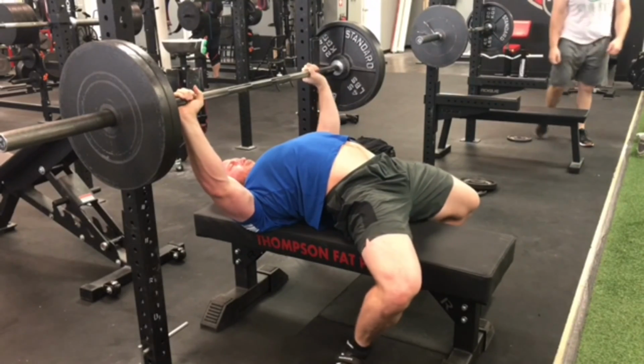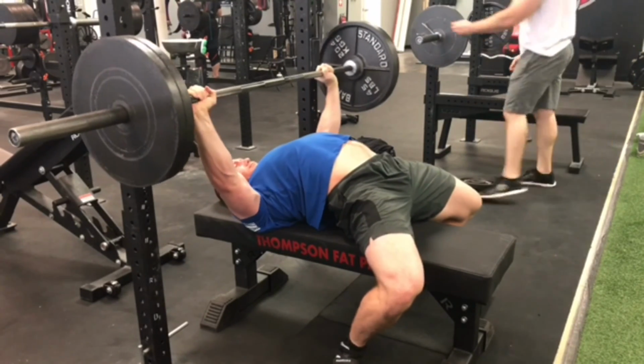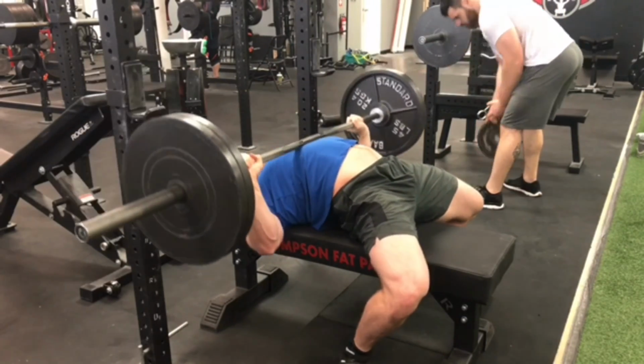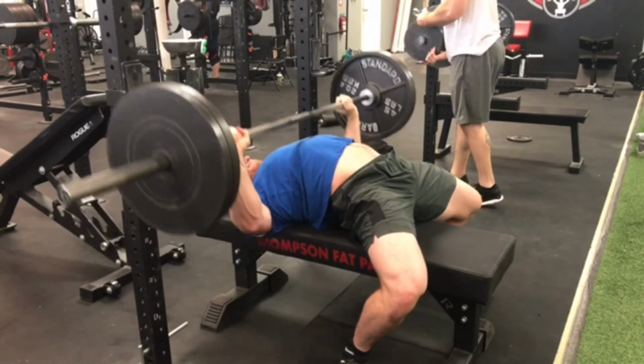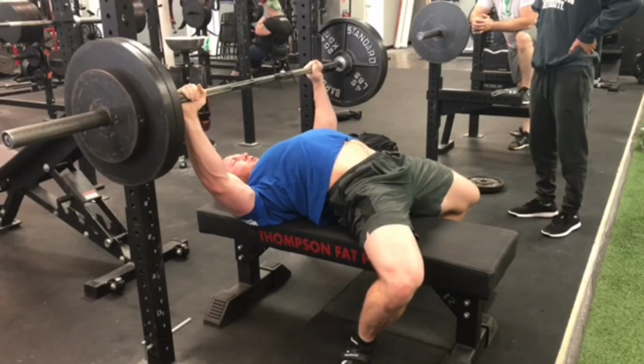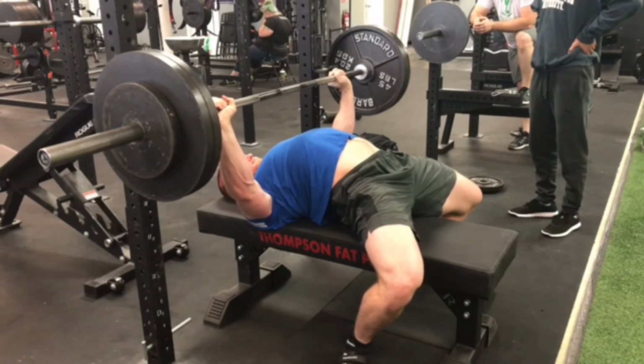So lead with your elbows is going to be the first cue as far as finding where you can descend to. That almost takes care of the touch position on its own as far as how low you can touch. If you can't get your elbows there and stay tight, then it's just going to be too low. So moving through some of these sets,